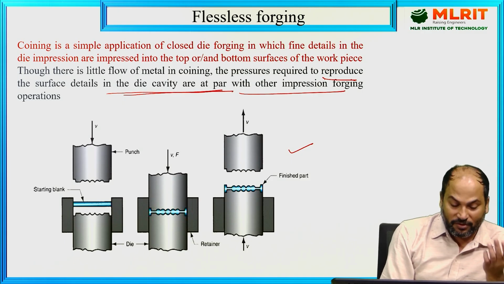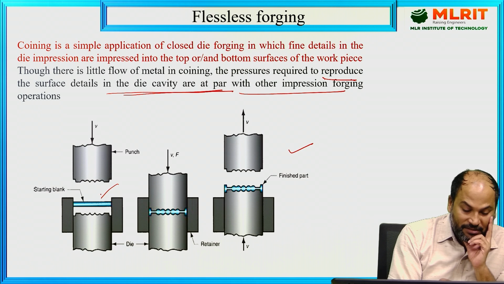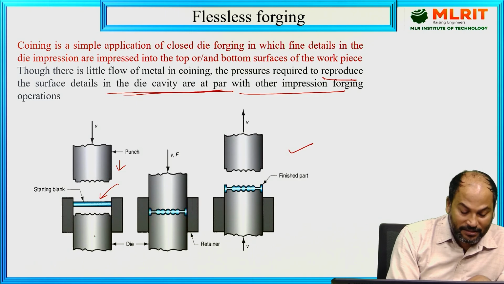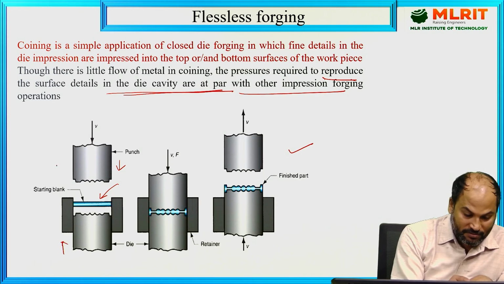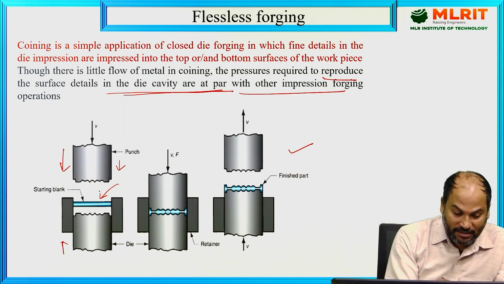You can see here stepwise, this is our blank or our workpiece, and just see the impressions provided in the die. This is the upper die and this is the lower die. This is the punch. So what it is going to do, it is going and coming and striking here. Just see here, whatever the impressions are there, that is going to be imprinted